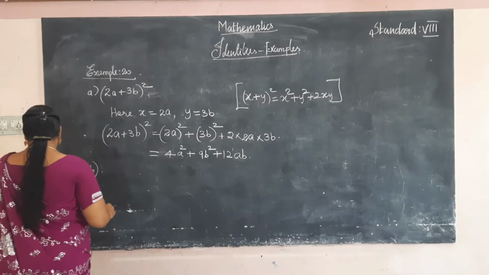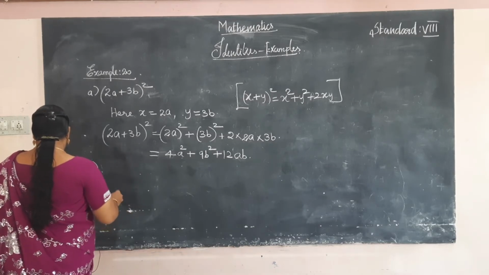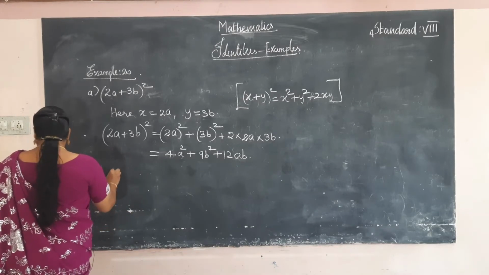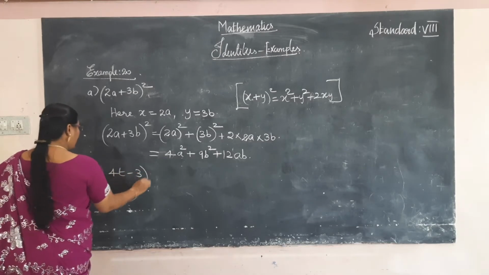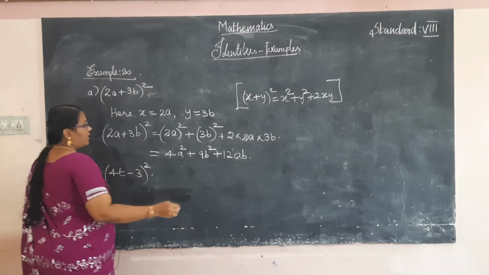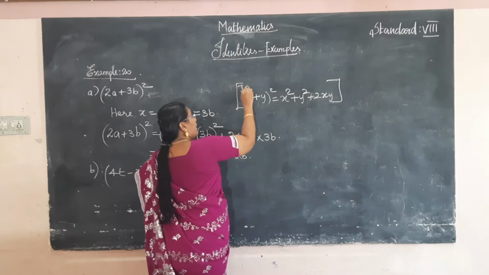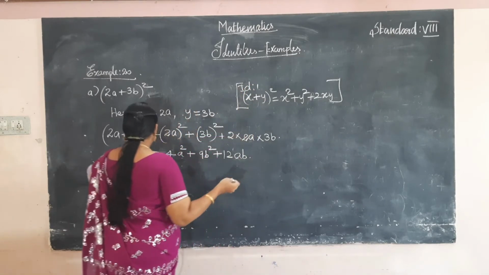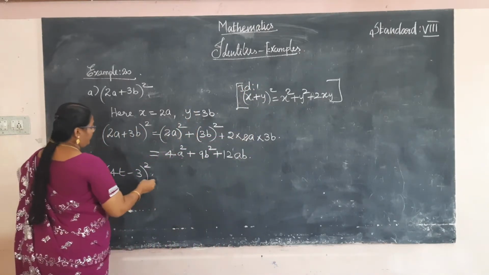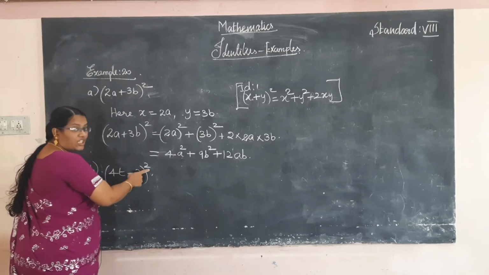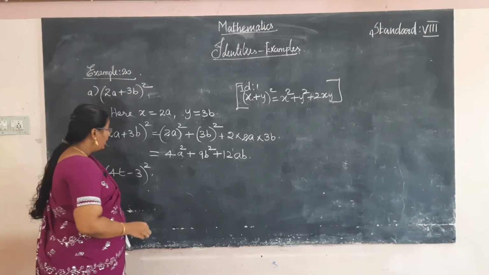(4t minus 3) the whole square. So which identity is this? This is identity 1, is it? And next, which identity have we applied? (a minus b) the whole square formula. Okay, so here